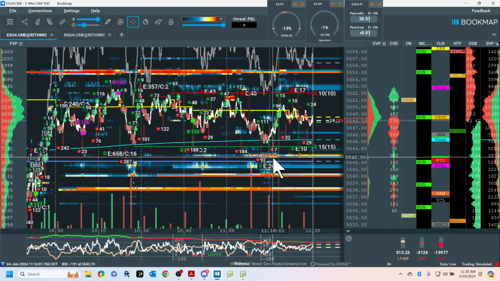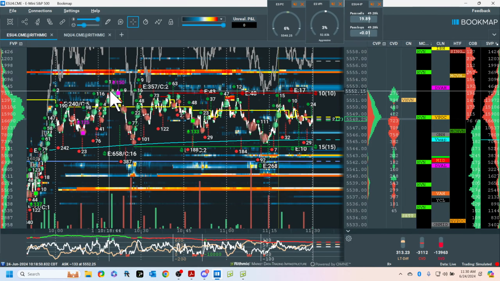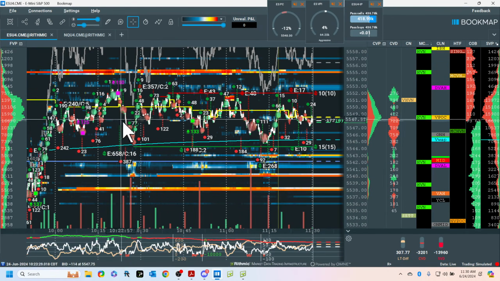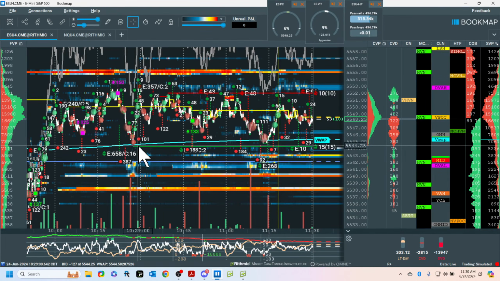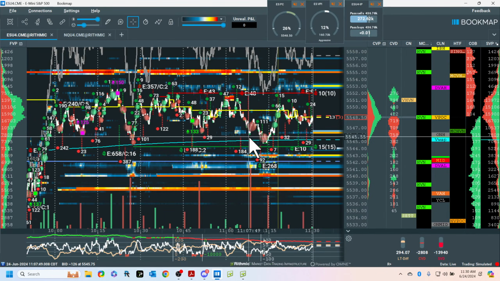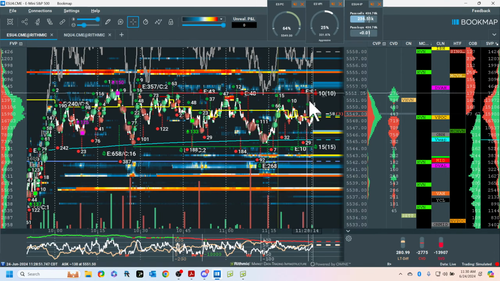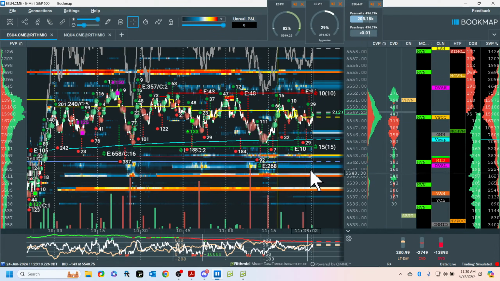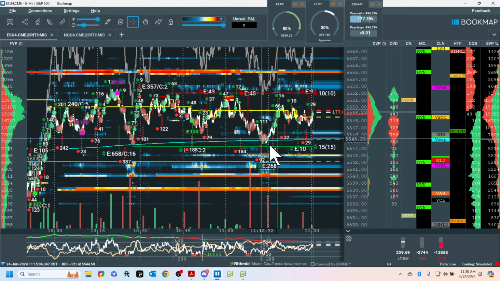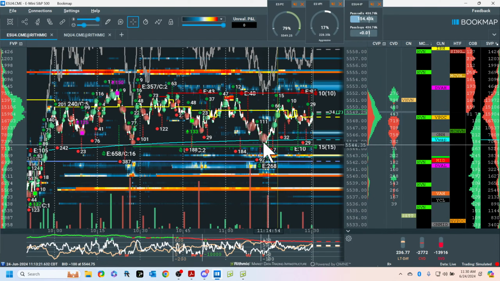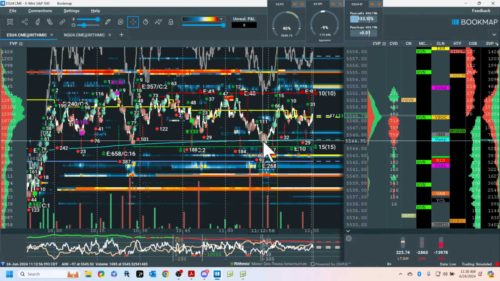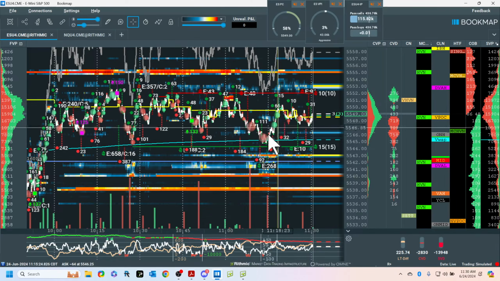That means both sides have equal opportunity to get abused. Stops are above here, the shorts. The longs have their stops under here. The context favors the longs, but the market goes up, write this down, the market goes up to go down. The market goes down to go up. So if we come under here, and I don't know, we can take these guys out. Then the longs are out.